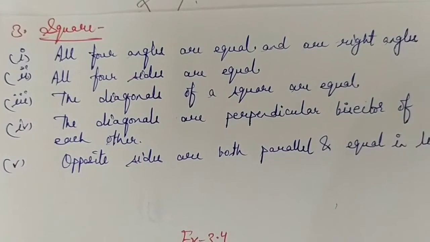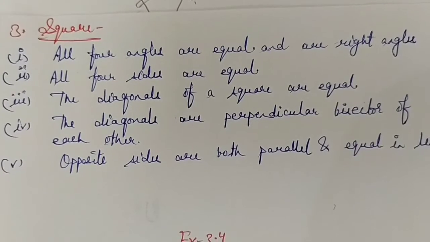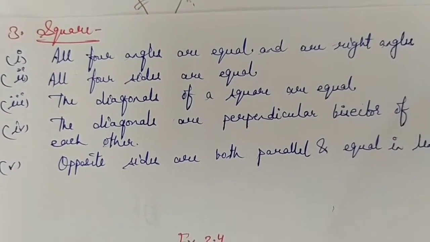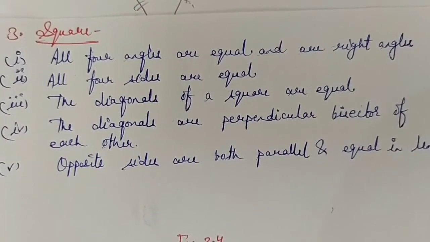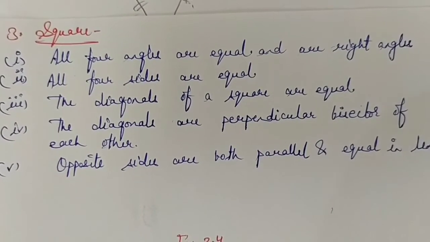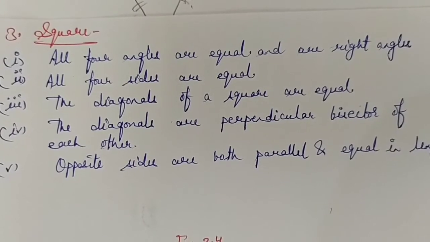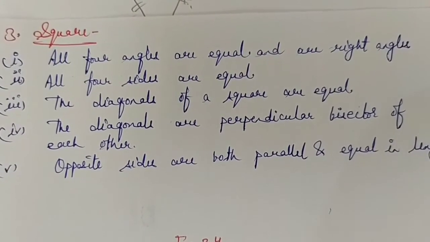Likewise, you have properties of a square. All four angles are equal and are right angles, you know very well. All the four sides of square are equal. It means you have known that rhombus में भी four sides equal होती हैं, square में भी four sides equal होती हैं, but in rhombus each angle is not of 90 degree, but in a square each angle is of 90 degree, means each angle is a right angle. So therefore we say that square is a rhombus. Square is a rhombus, but rhombus is not a square.